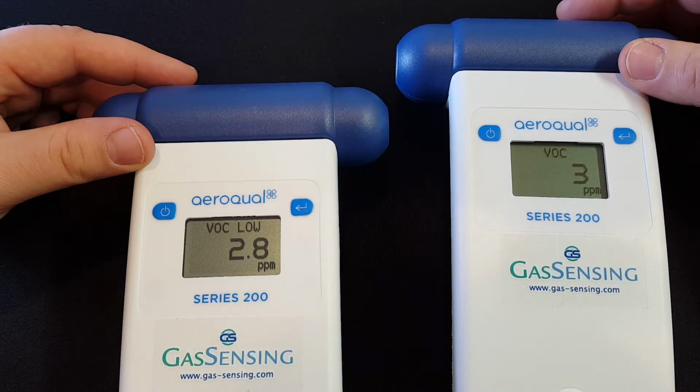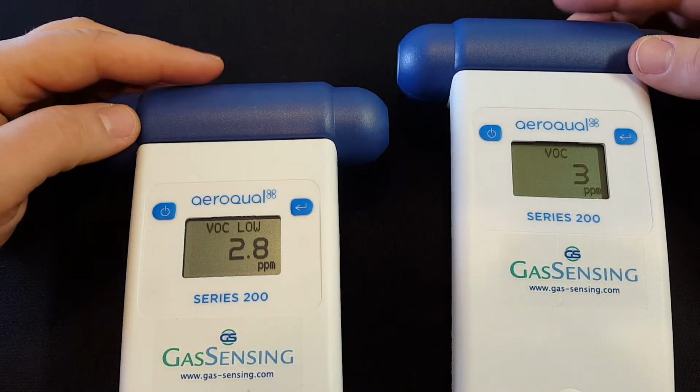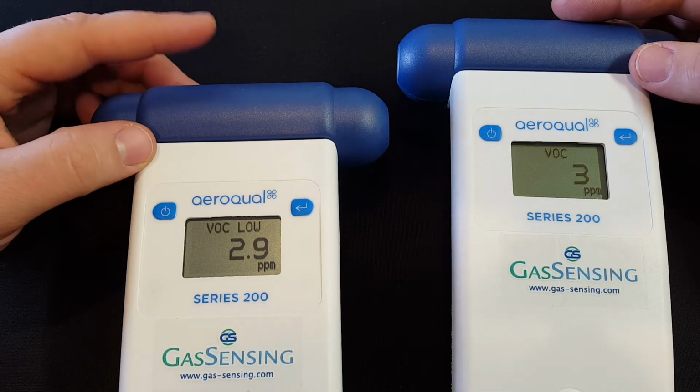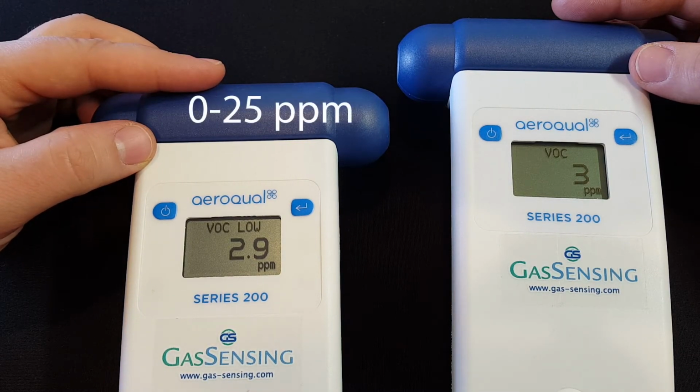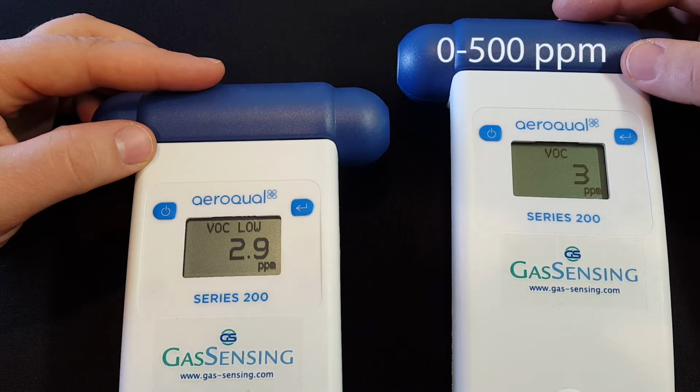This video is showing two Aeroqual VOC sensor heads plugged into the Series 200 monitor base. While these sensors are detecting the same gas, VOCs, this is a low range sensor which has a range of 0 to 25 parts per million, whereas this is the high range sensor with a range of 0 to 500